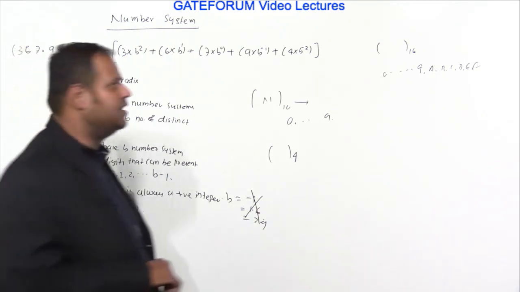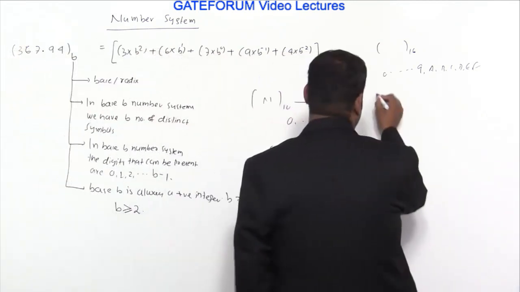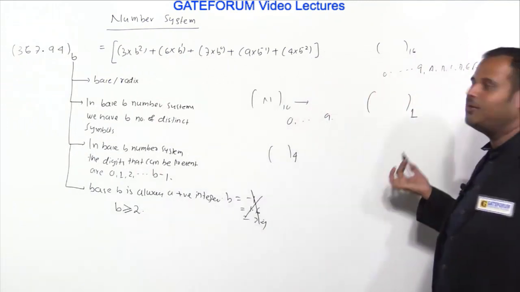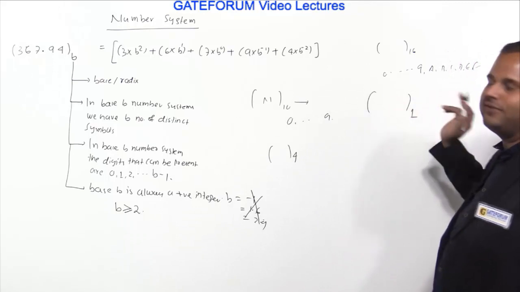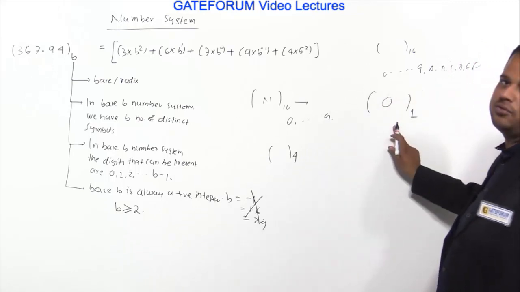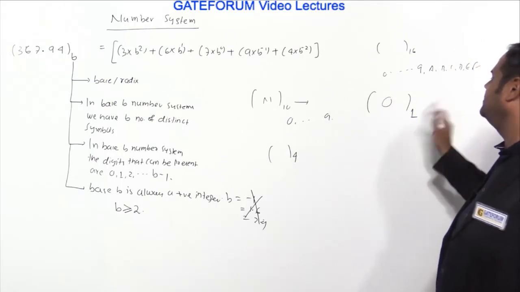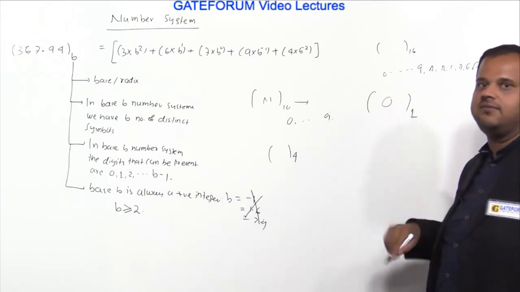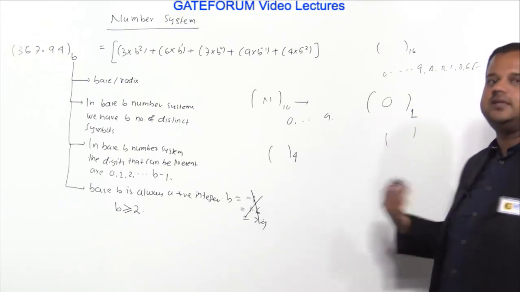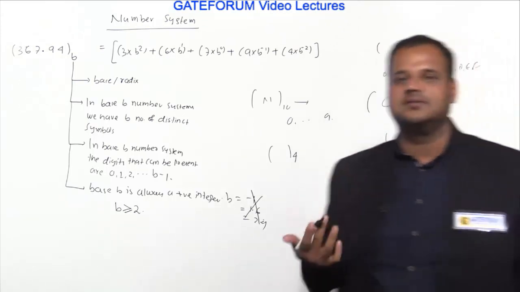Now if you ask me what will happen if the base is 1. Suppose somebody is saying base is 1. How many symbols can this have? It can have only one symbol. What is that symbol? It is only 0. Can you put 1 here? No. If the base is 1, the maximum digit is B minus 1, that is 0 itself. So if it is only 0, we cannot generate any distinct numbers practically.